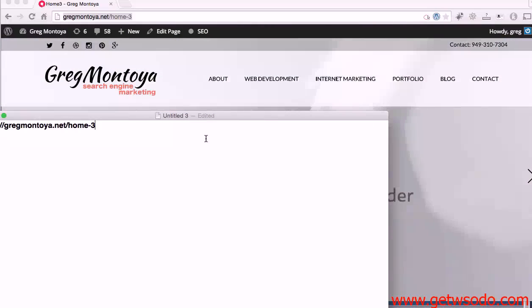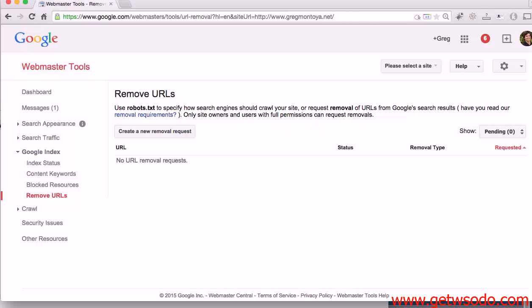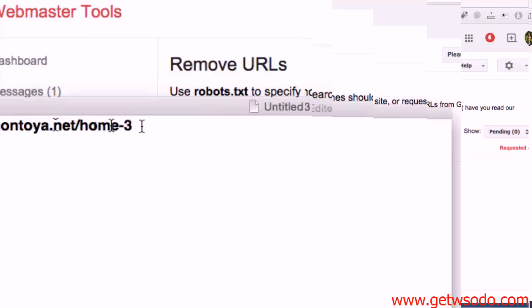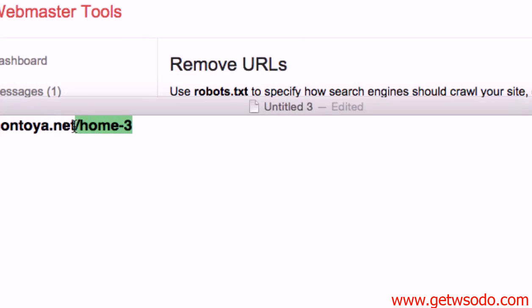Okay, so we're inside Google Webmaster Tools, and what you want to do is go over here to Google Index, click this button, Remove URLs, and it's going to take you to this page. So simply just create a new removal request. And when you're grabbing this URL, you want to take it all the way back to before it comes to the .net or the .com. Okay, so -home-3,